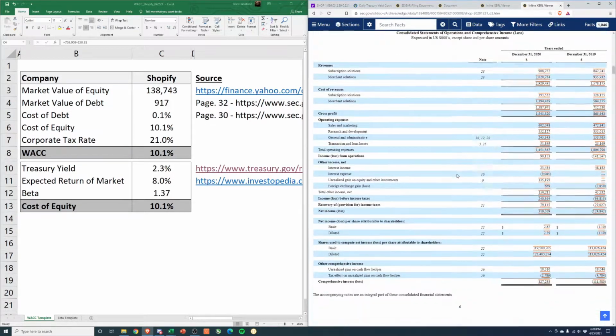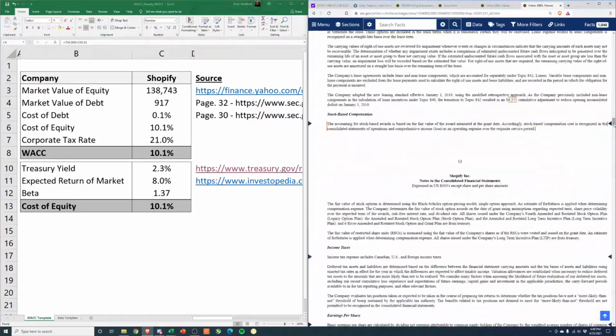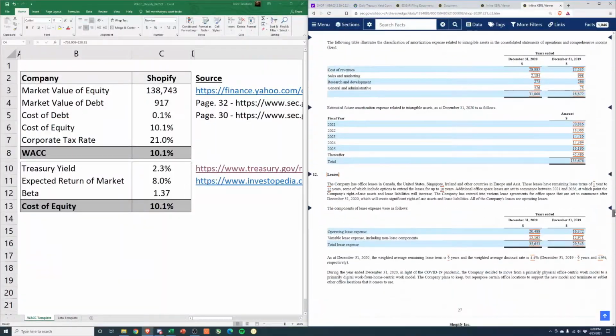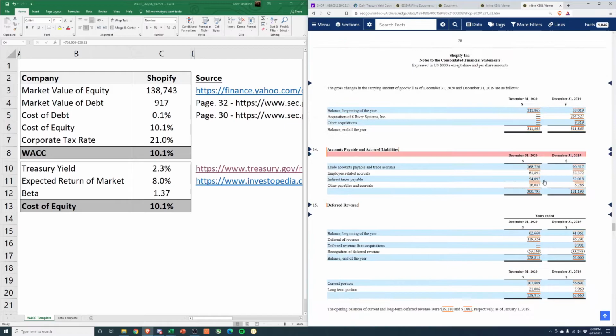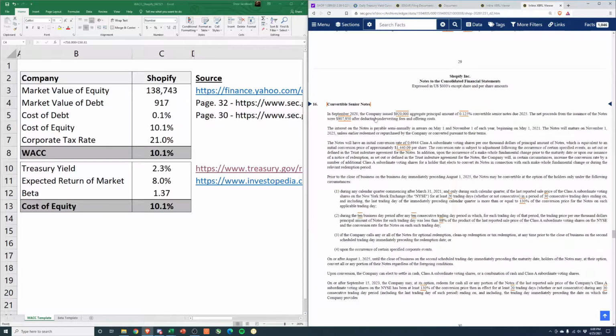But so here's financial statements. If we scroll down, I've noted the pages here, but page 32 and page 30 actually have the debt schedules broken out. And the interesting thing about their debt is it's super cheap, which is great, but it's convertible, which could not be great. So in September, they issued $920 million,